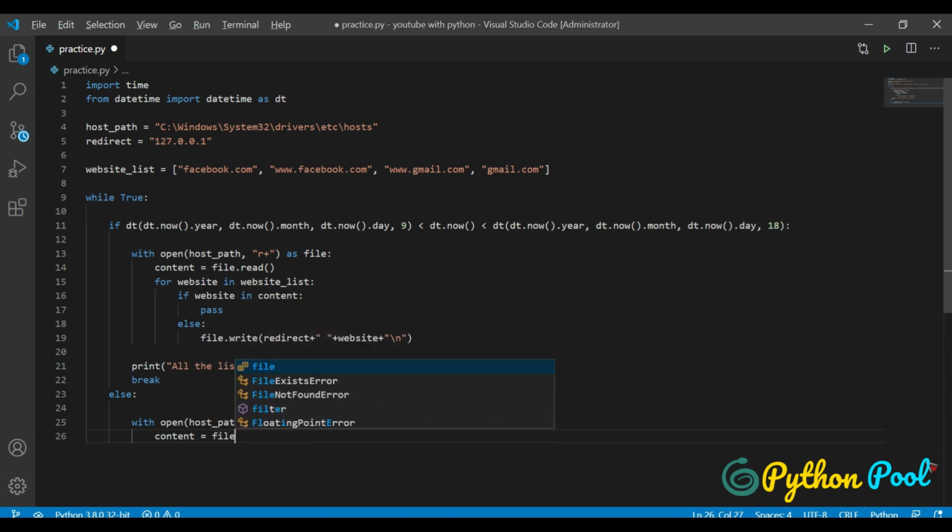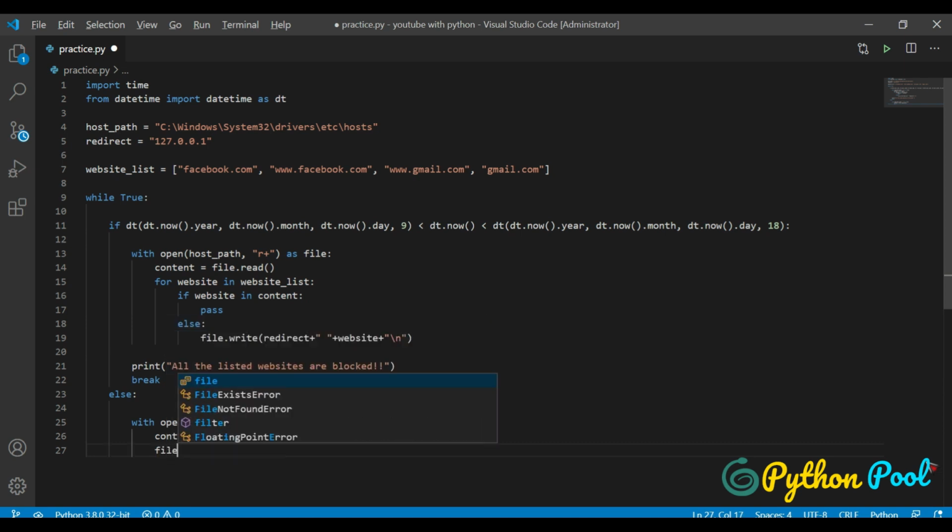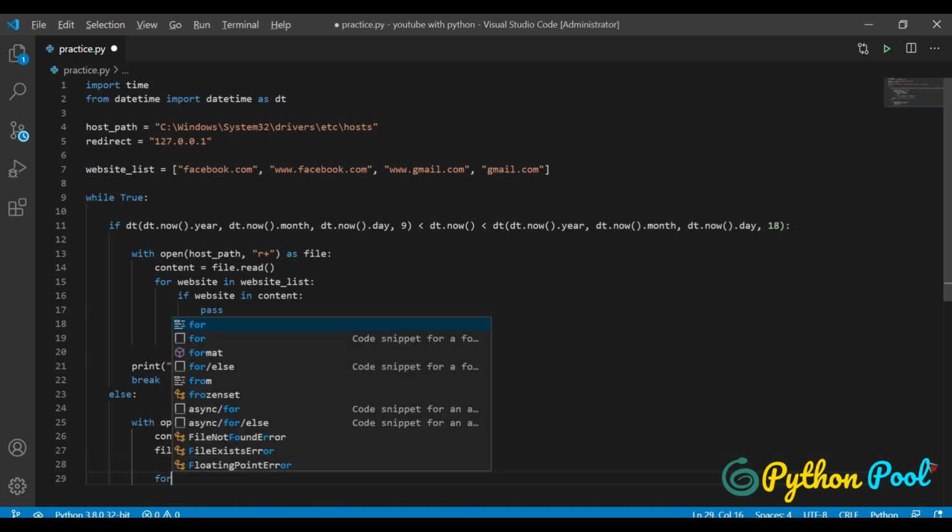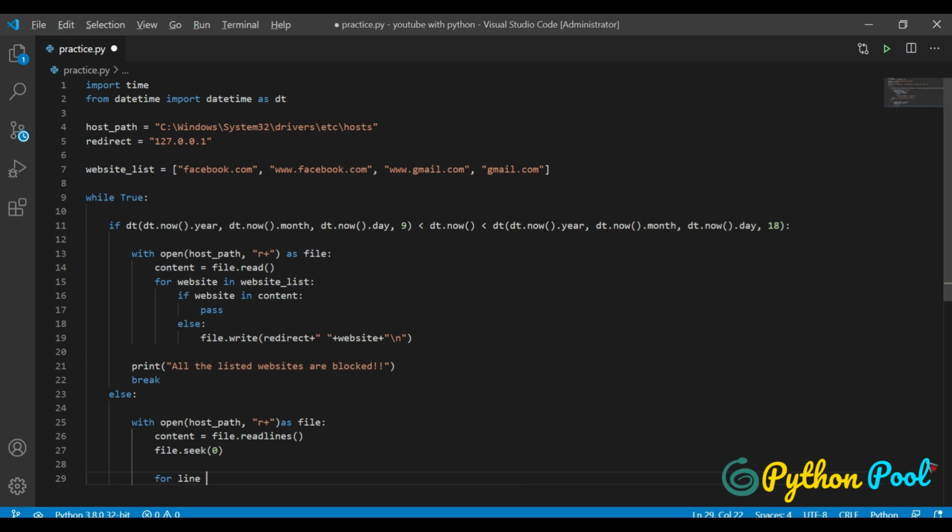File dot read. This time would be reading the line. File would read a lines. Each and every line we would be reading in the file. And once we read the file lines, we say that start from 0th position. Start from the very beginning. Okay. And once we are done with this, for every line, for line in content,